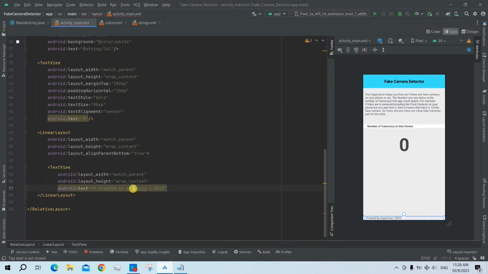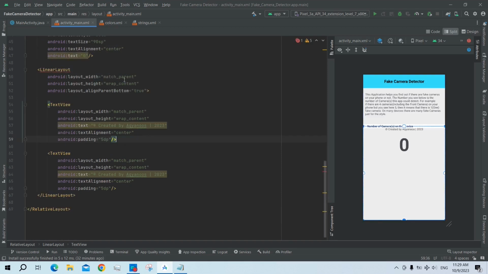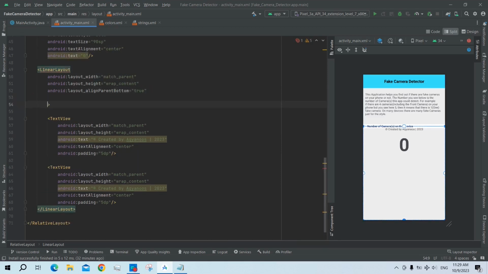So the text in this one, copyright character created by Akianus and then 2003. Text alignment center, padding 5 dp, Control C. Let us set in the orientation for the linear layout, orientation vertical,